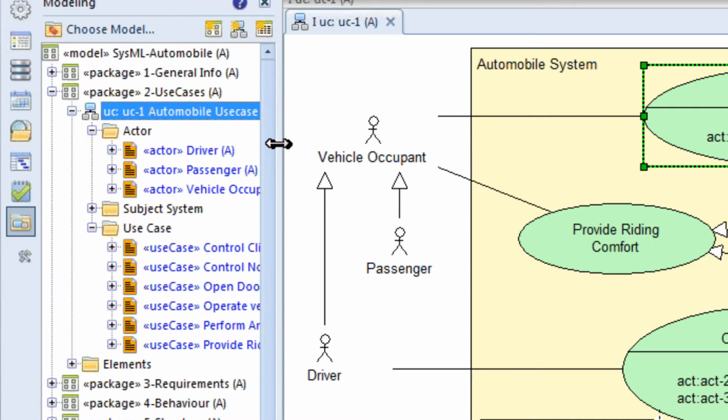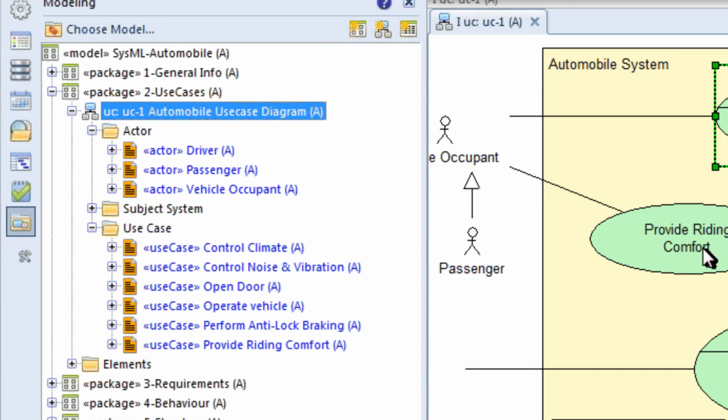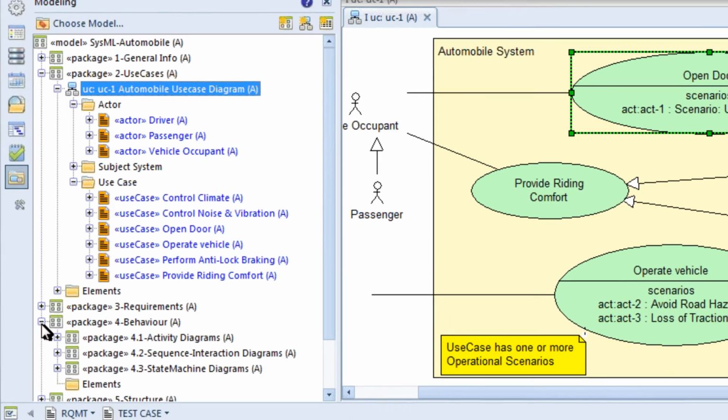If I expand the folders beneath the diagram, that's showing us the information captured on the diagram. For my use case, I didn't make any changes, but I did change an activity diagram associated with this open door use case. So if I go to my folder down here called behavior and expand it,